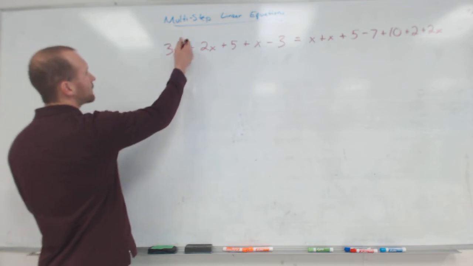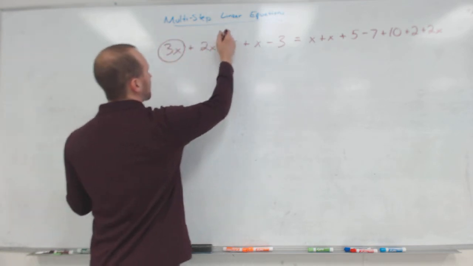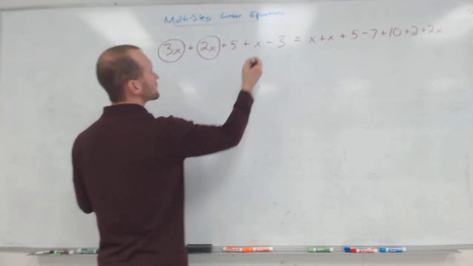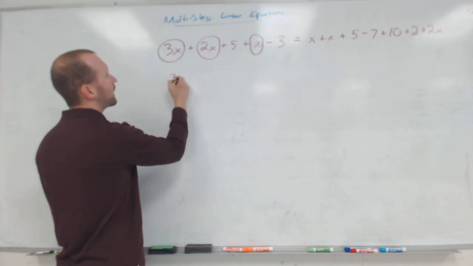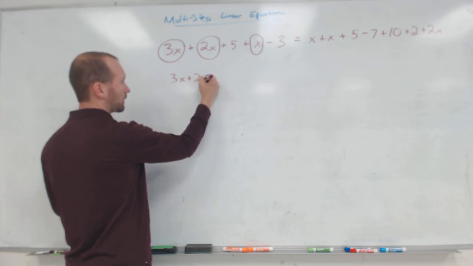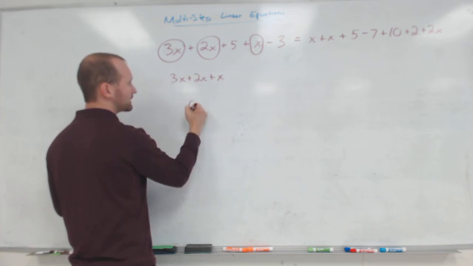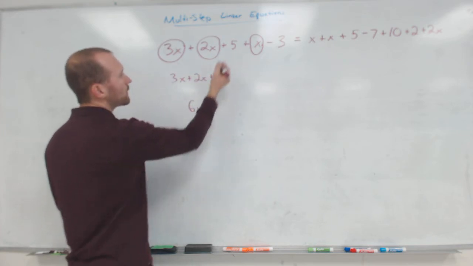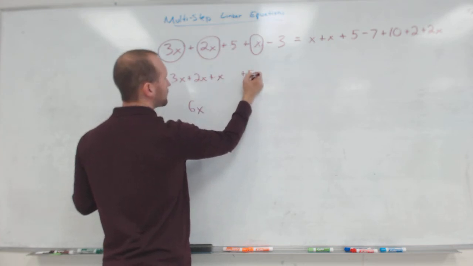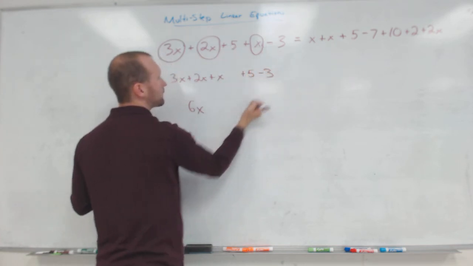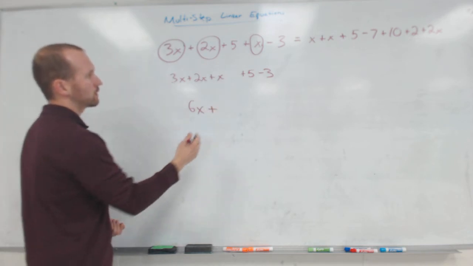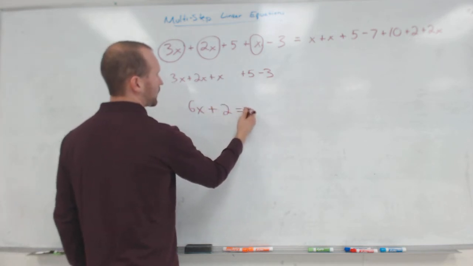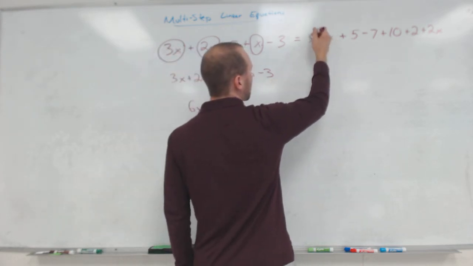So on this side of the equation, the like terms are 3x, 2x, and 1x. Right. Yeah, you're one step ahead of me. That is 6x. And then what do we have left? Plus 5 and minus 3, which is plus 2. On the other side, we've got x